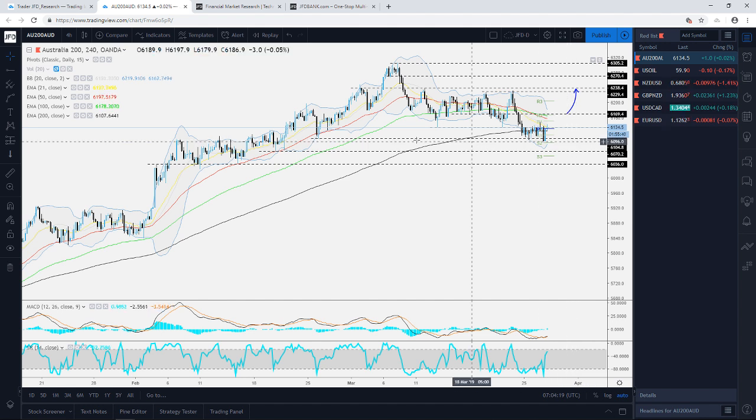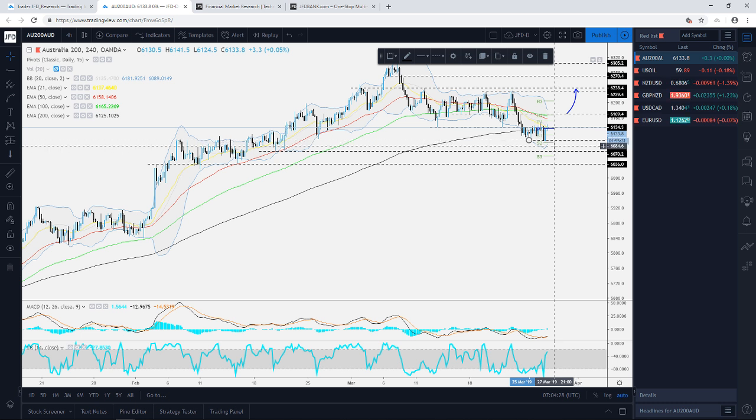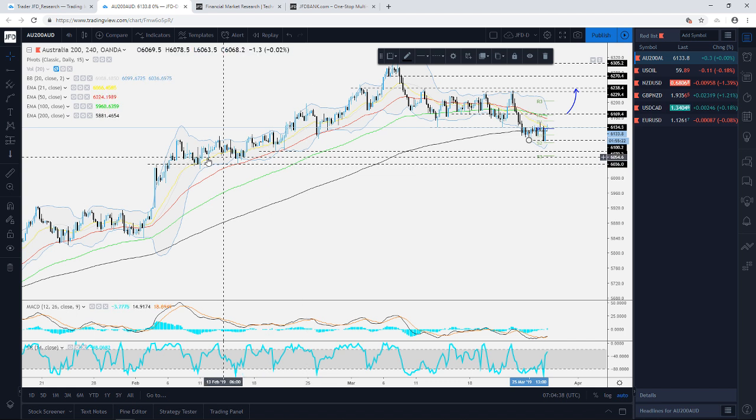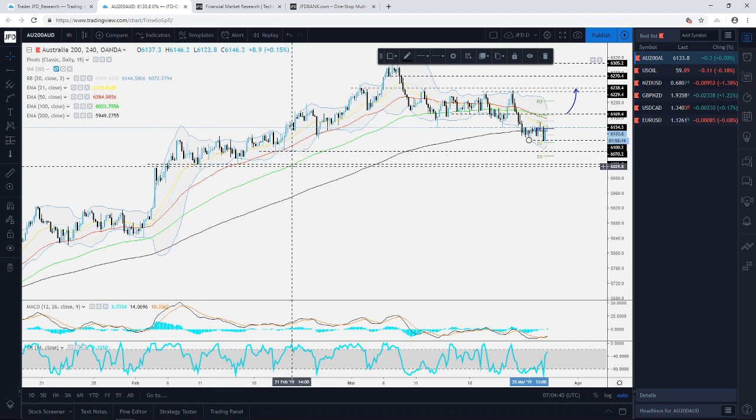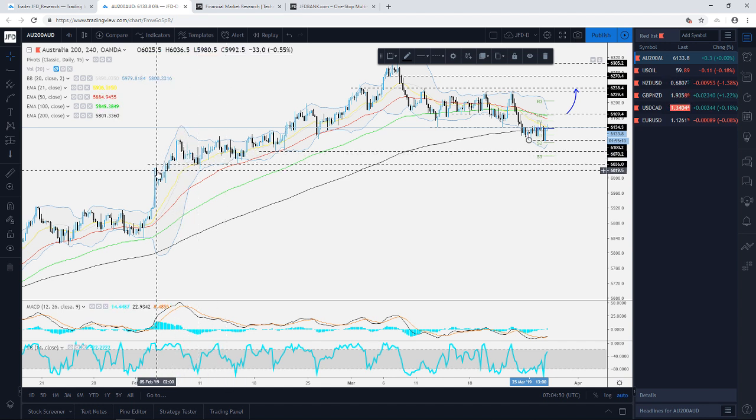6,105 zone, or if you want to be more on the cautious side, you could lower this down towards the 100. So a nice beautiful number of 6,100 could be that gateway. If we see a break of it, it could be the gateway towards lower areas like the 6,070 or the 6,035 zone, approximately there, which previously you can see acted as a good area of support around the 14th of February and also around the 10th of February, but also took its role as good resistance on the 5th of February.